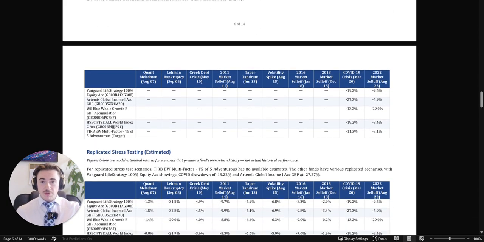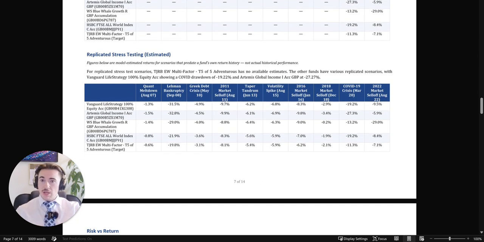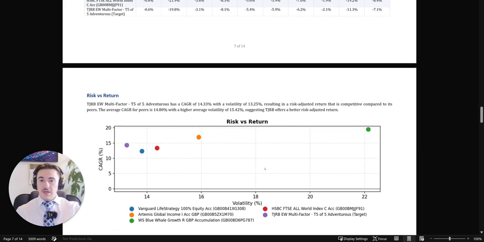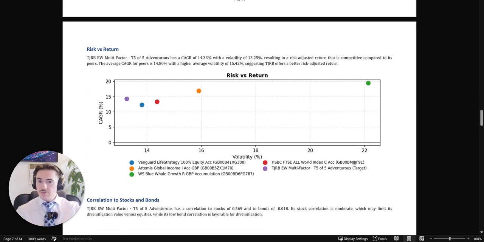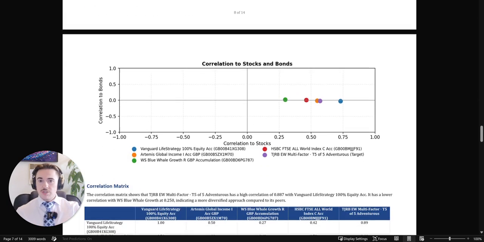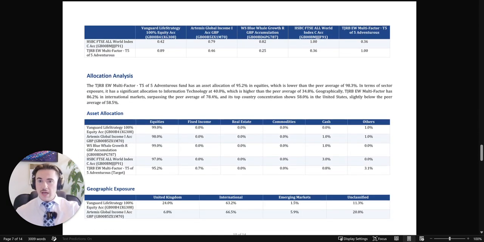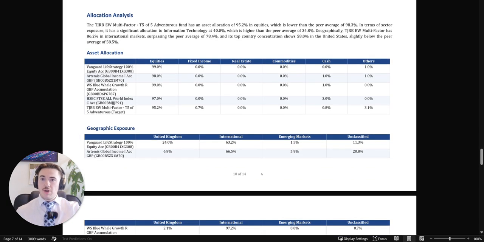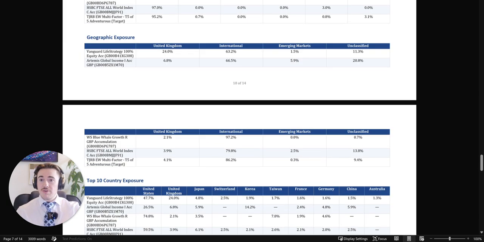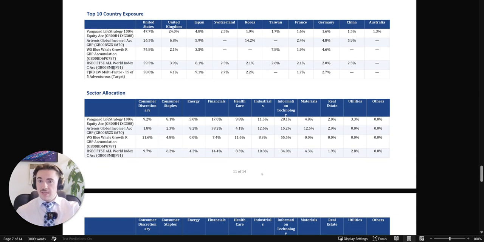But we've got all of the data there for those other securities, again, both actual and replicated stress testing to show risk versus return, so an insight into Sharpe ratio there as well, correlations to stocks and bonds, so a correlation matrix, allocation analysis, so breakdown by asset classes, geographic exposures, top 10 country exposures, even down to sector